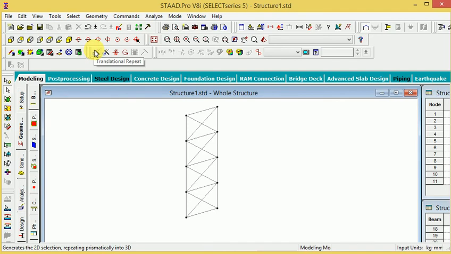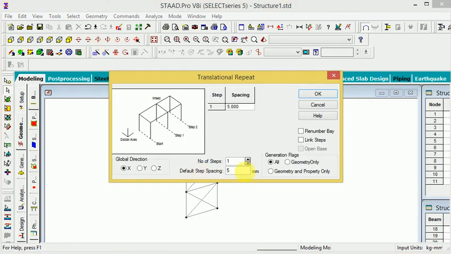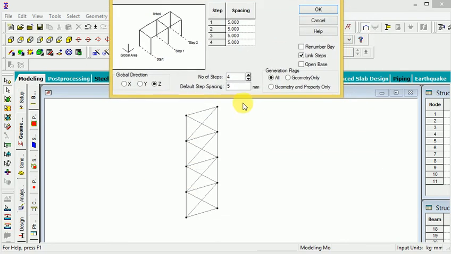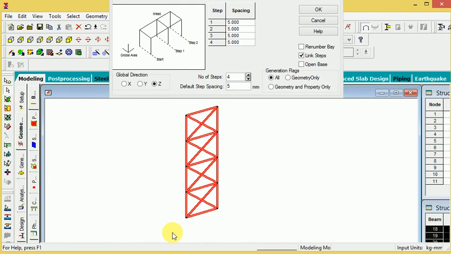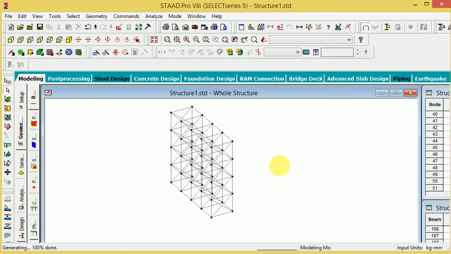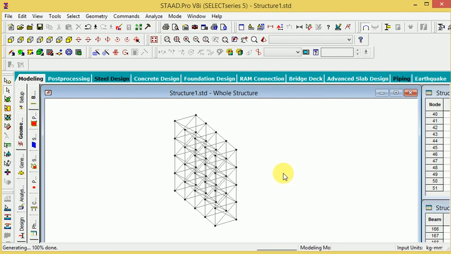Then the same thing I will go to mirror here, and next again 3 steps, 4 steps, and the 5 distance is the same, and now this is changed to the z direction, and go to step link, and before select all this part, so here all parts are selected, and go to OK. So see this here, when I go to make this component easily.